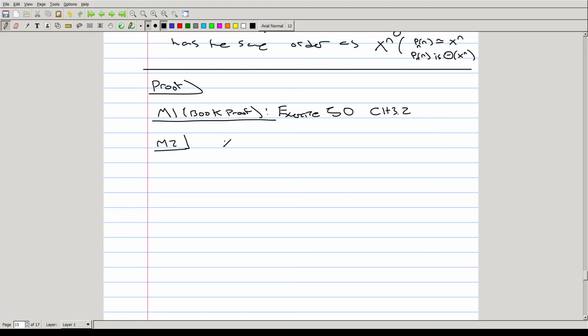Specifically, we've shown that x to the n will always be strictly dominated by x to the n plus 1, and therefore we can go through and use the theorem that I just wrote down to show that any polynomial, if Pn of x is a polynomial of the form an x to the n plus an minus 1 x to the n minus 1 all the way down to a1 times x plus a naught,